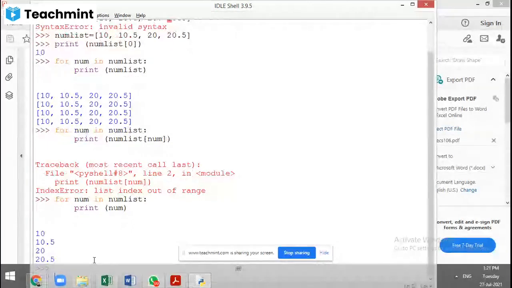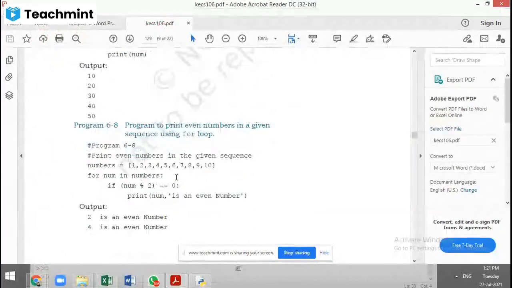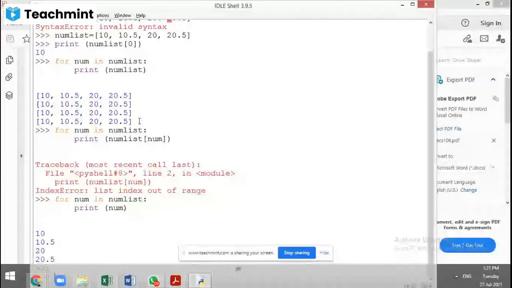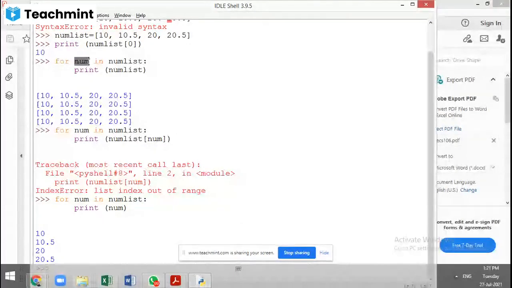Now we will make another list also. Sir, I did not understand the output that came before, this one. See, what did we do? See, 4 times it will check. This num will check 4 times. Why? The total elements are 4. But what I did is, I am printing the num list only. What is the num list? In this num list, all the values are there. That is why it printed 4 times, all the values. Okay, sir.